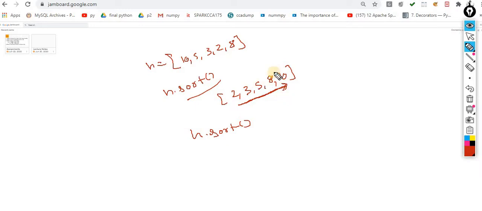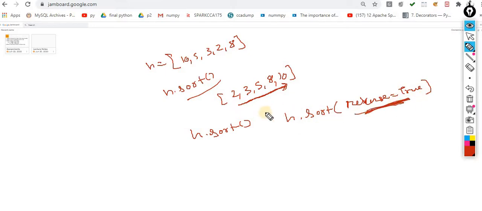But if you want to sort the data in decreasing order, what you have to do is n dot sort and pass one parameter. That parameter is called reverse, so reverse is equal to true. You have to pass this keyword argument.